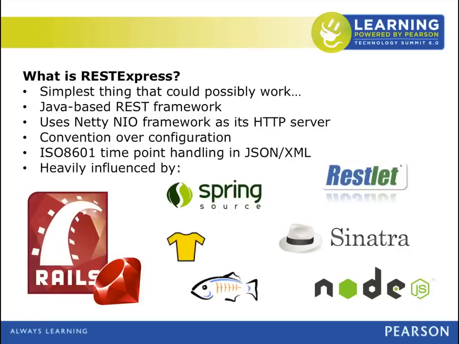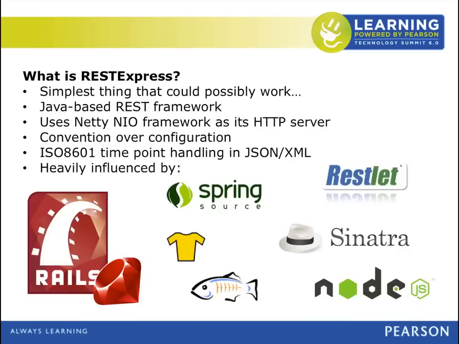So Tomcat and any of the JEE containers we kind of steer away from because we want to use the whole machine for processing, not for mechanics and scaffolding. So between Sinatra, Node.js, and Rails, those were kind of the big pushes for the kinds of things we liked. And Glassfish, Jersey, Spring, and RESTlet were kind of things that we withdrew from and said we kind of don't like this. So